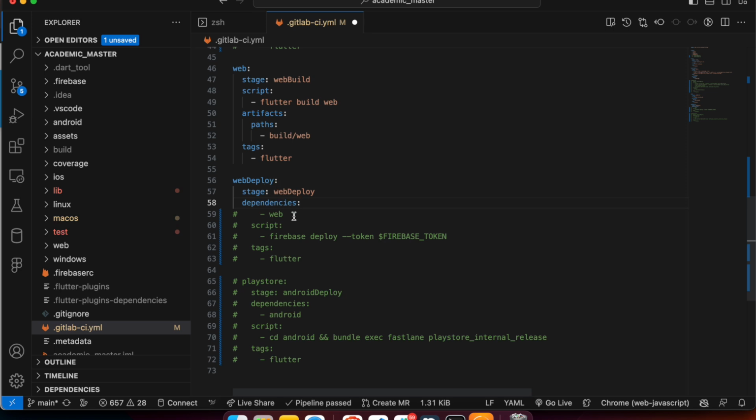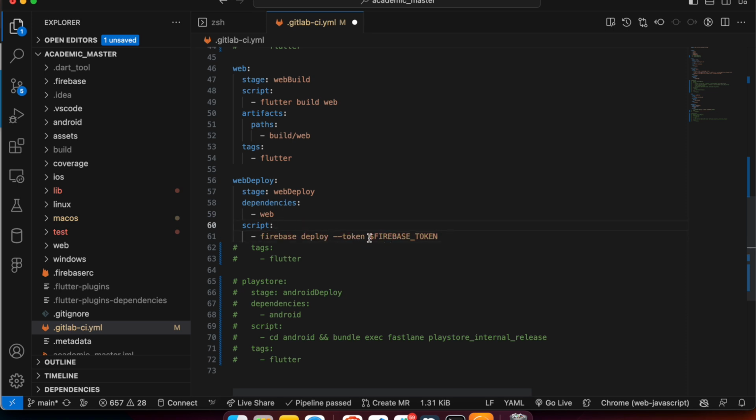What this dependency means is that this stage is dependent on the web stage. So until this is completed, this cannot be completed. So we are saying that this would be dependent on the web stage. Fine. And we have our script, that is Firebase deploy